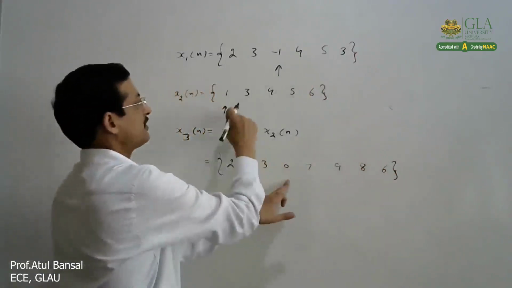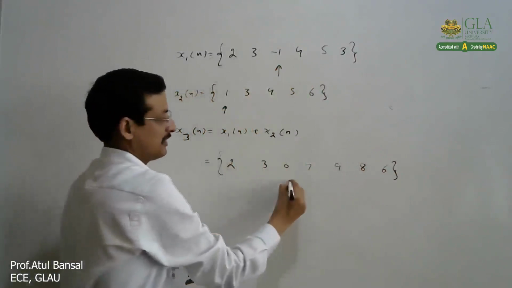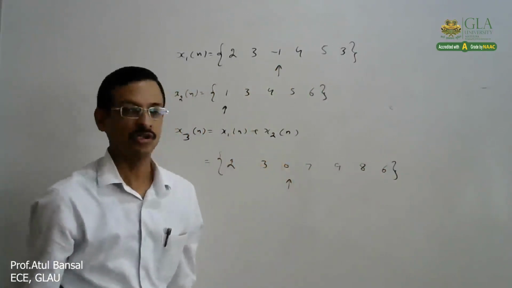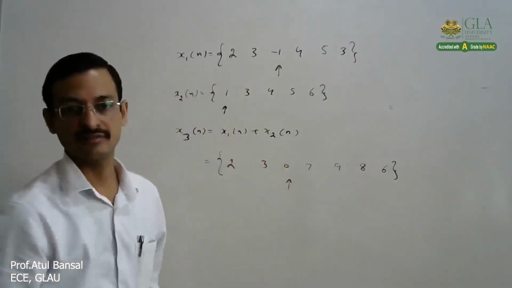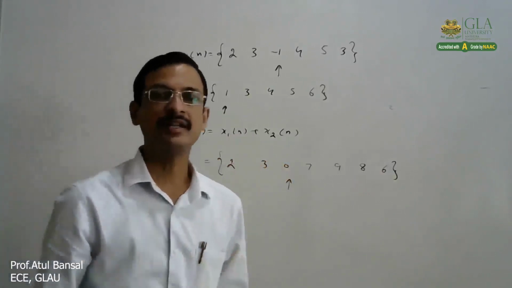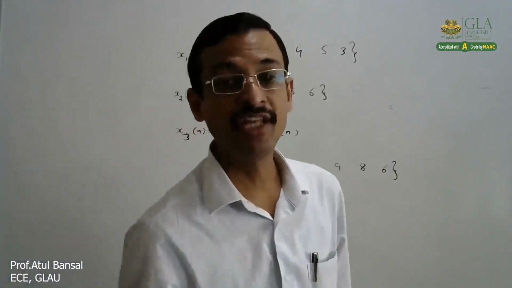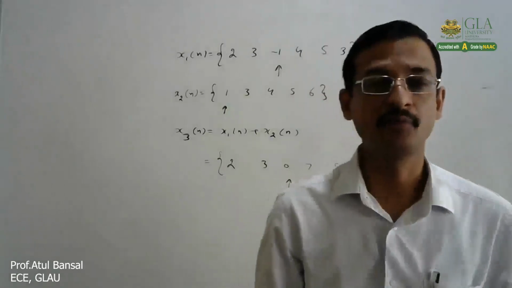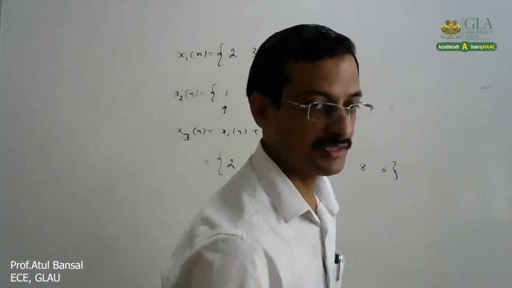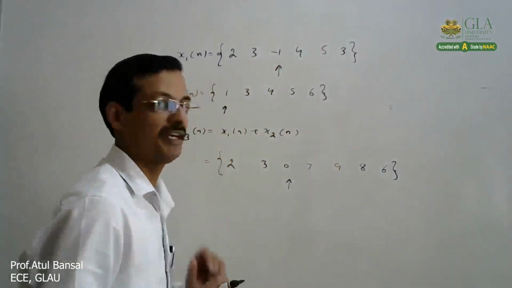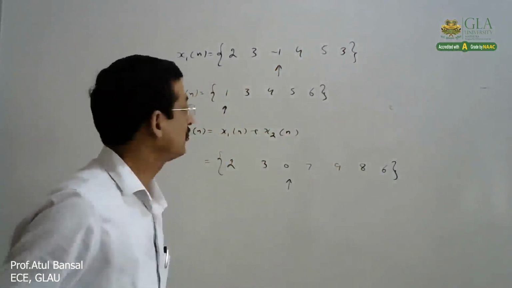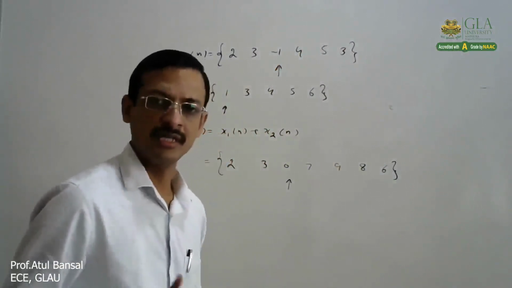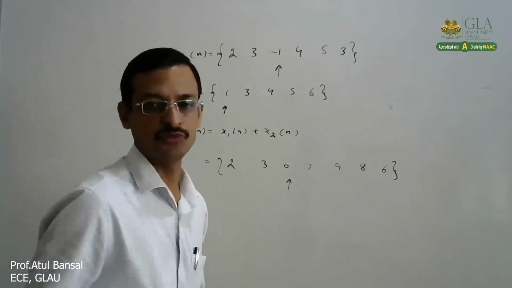And the 0 point is where it initially was, at the same place. So that would be the addition of these two signals. So the important point is that it is adding up at every instant. That is very important, right? Whether it is continuous time or discrete time. Now, that is the addition of two signals. Next is multiplication of two signals. Next transformation is multiplication of two signals.